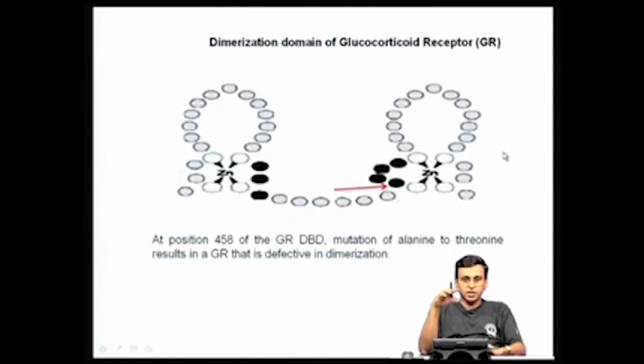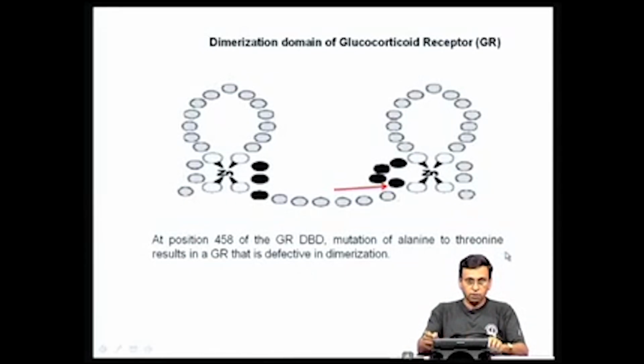Very interestingly, in the case of glucocorticoid receptor, in addition to the DNA binding domain and transcription activation domain, a very important domain called a dimerization domain was actually identified, and in fact this was found to be localized in the second zinc finger of the DNA binding domain. Remember, in the previous class I told you when you were studying the DNA binding domains, the zinc finger in the glucocorticoid receptor is of C2C2 type. It contains C2C2 type of zinc finger,